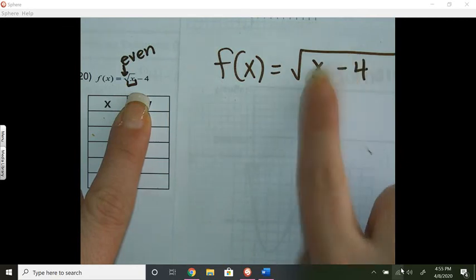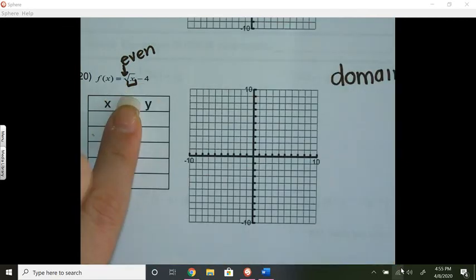This is inside, this isn't. So when we find the domain, whatever's in the